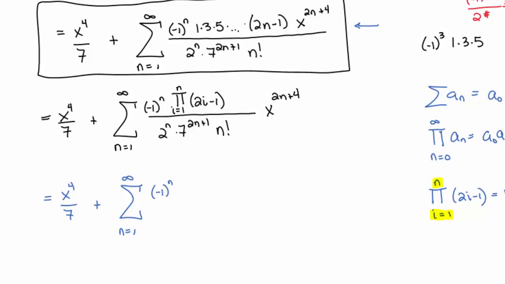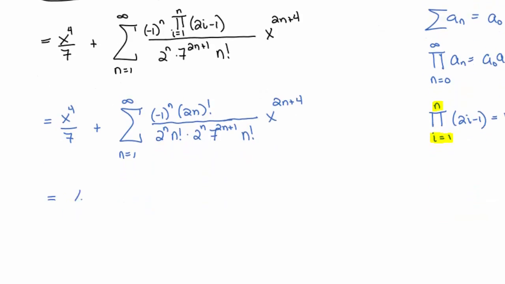I know the product of the first n odds is just 2n factorial over 2 to the nth times n factorial. And then I'll include everything else that I have here, which is 2 to the nth, 7 to the 2n plus 1, and another n factorial. And then we have this x to the 2n plus 4. And cleaning that up,